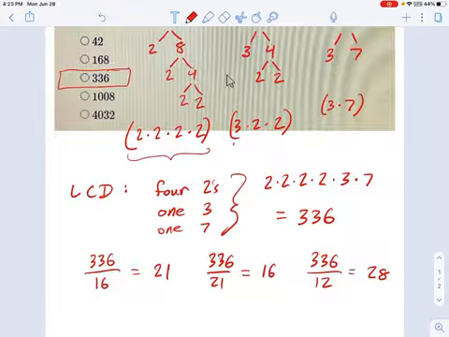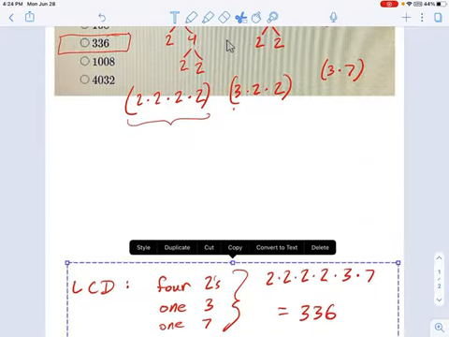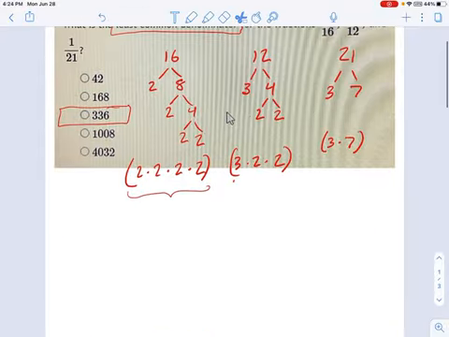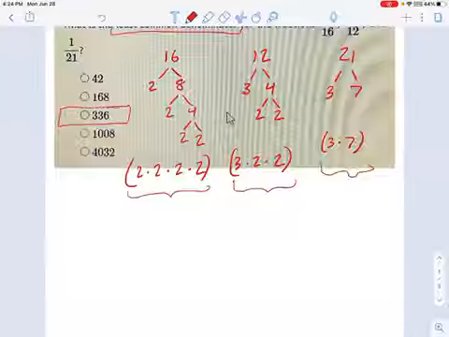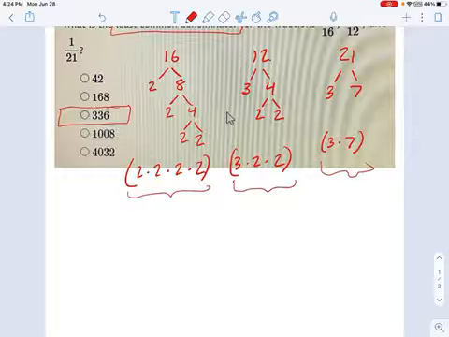Here's what you don't need. Okay, just to clarify, let me get this stuff out of the way here. What you do not need to do is count up the total number of 2's and the total number of 3's. So this is not going to be 2 to the 6th power times 3 squared times 7. Although you might see options that look appealing in here. Like, I don't know where 4,000 came from, but maybe 4,000 is what you get when you multiply all of these things together. That's not what we're doing with the least common denominator.